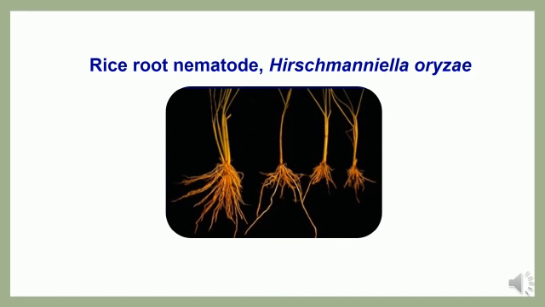Management practices for this nematode include summer ploughing, weeding once in 15 days, destruction of stubbles after harvest or before transplanting, and crop rotation with pulses, groundnut, jute, wheat, potato, sorghum, and so on. We can go for the use of tolerant varieties, nursery treatment and main field treatment with chemical nematicides, and biocontrol agents like seed treatment with Pseudomonas fluorescens at 10 grams per kg of seeds.